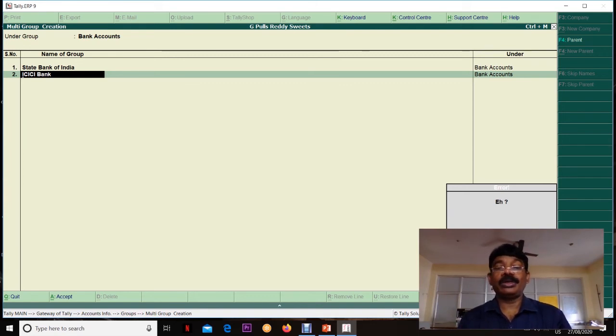You cannot create the duplicate one. If you want to create, you can create with another name. So I want to create ICICI Bank.